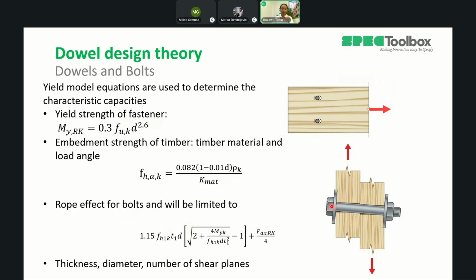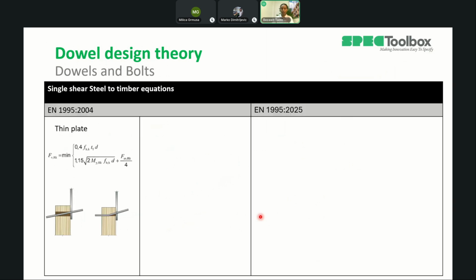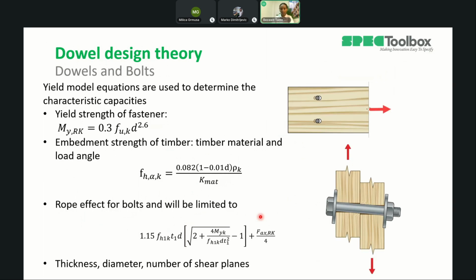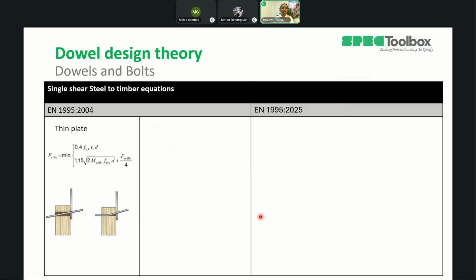And another parameter is the diameter of the fastener, and also the number of shear plates have a significant effect on the dowel effect contribution. So once we set this, next we will see the yield failure equations in comparison with the two codes. Here we have the first one, which is for Eurocode 5,